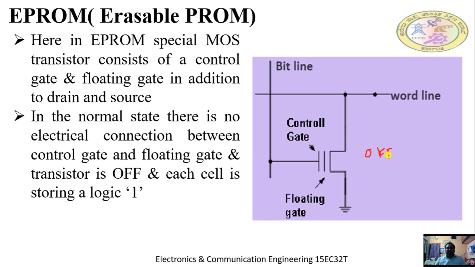So as we know that the transistor is in off state, as there is no discharge path for the transistor to drain its value to 0, by default all transistors will be storing a logic 1. So if you connect a sense circuit at the end of the bit line here, since the transistor is in off condition, it will always read the value as 1. So what if the user wants to program it, he has to program zeros instead of ones here.